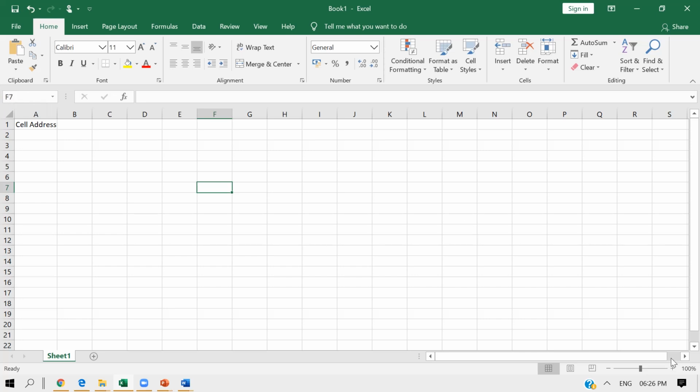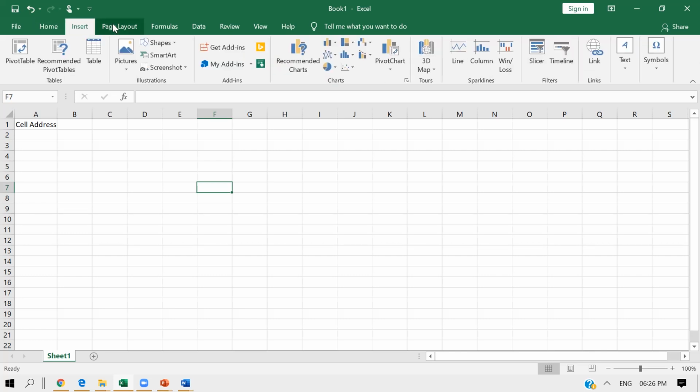Okay, let's go ahead. Let me tell you about the components of the Excel screen. As I told you, this here is the title bar. Then this portion, as we know from Word and PowerPoint, is called the ribbon, and these are tabs.